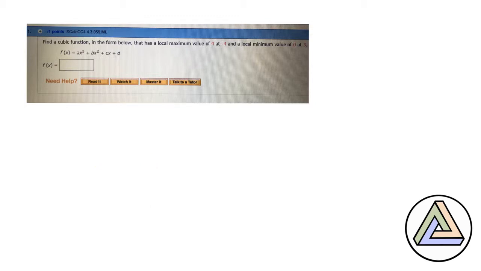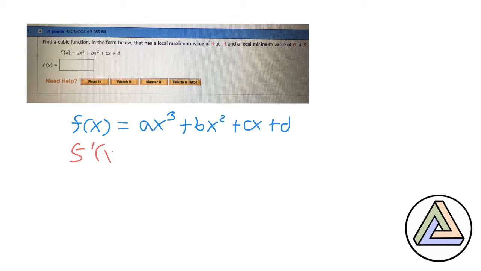So let's go ahead and just see what happens when we take the derivative of f of x. Now, f of x is this. And when we take the derivative, we end up with this right here. We have 3ax squared plus 2bx plus c. And I'm already seeing that we're going to have to do a lot of substitution basically,